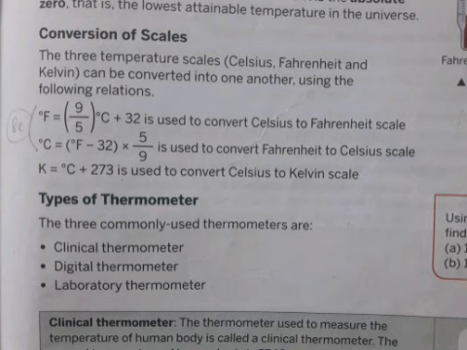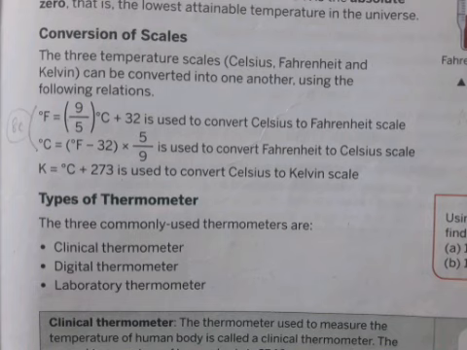Or Fahrenheit. See, here it is written. The first formula is written to convert Celsius to Fahrenheit scale. Next, your value will be given in Fahrenheit. You have to convert it into Celsius scale. So they give you any value, and that value you have to convert it into degree Celsius. It depends, and the value is given in Fahrenheit.